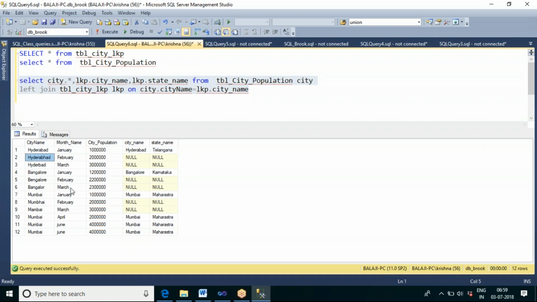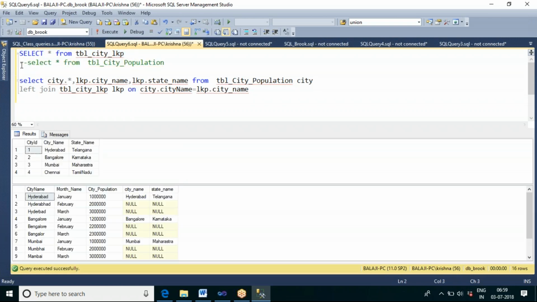But for this Hyderabad, here it is not 100% matching. In the city lookup table, this Hyderabad and this Hyderabad are matched, so that's why it is showing Telangana here.